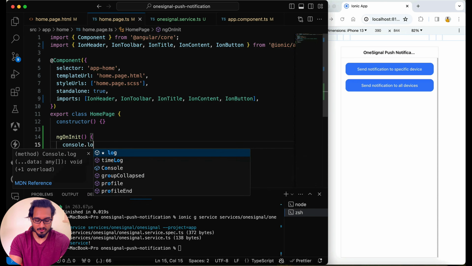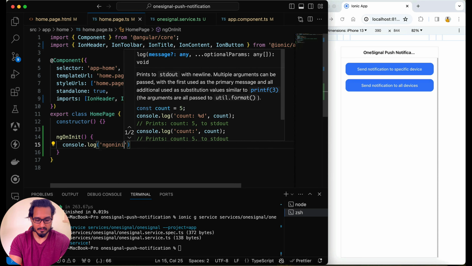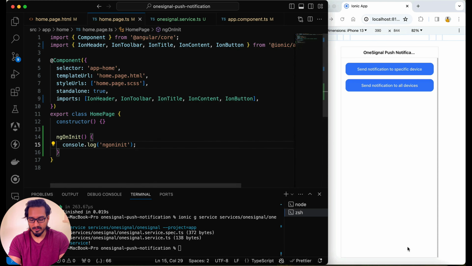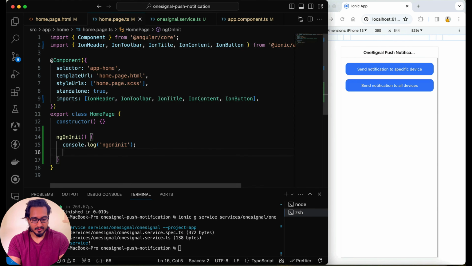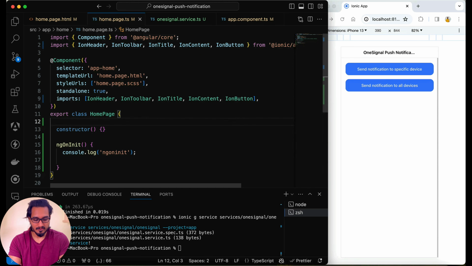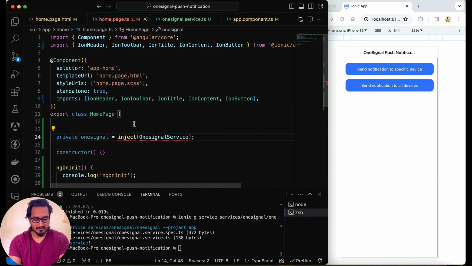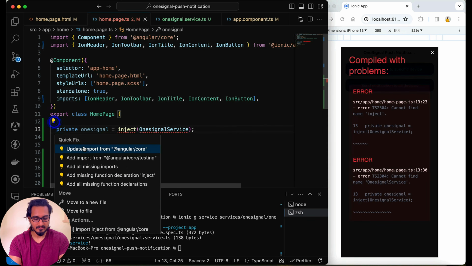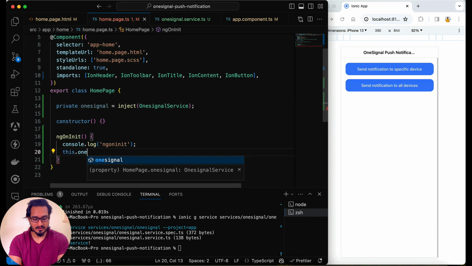If you are not sure, you can log here and check whether it works or not. Okay, let's check it out. Just see, this is coming up. So it is working directly. Now what I'll do here is I need to inject the service here also. Let me copy it from here, copy and paste. Fine, import everything, import it, and now this .OneSignal